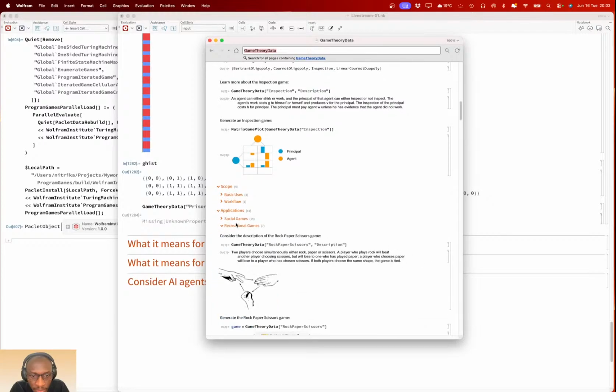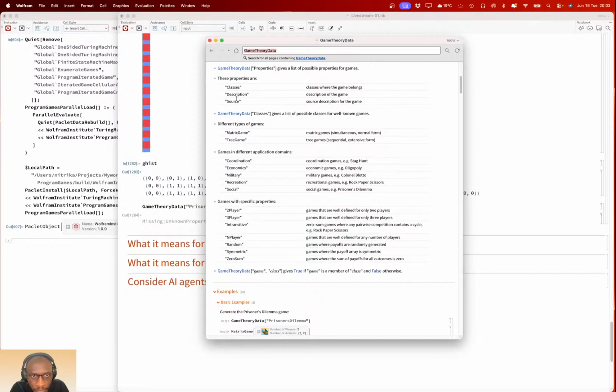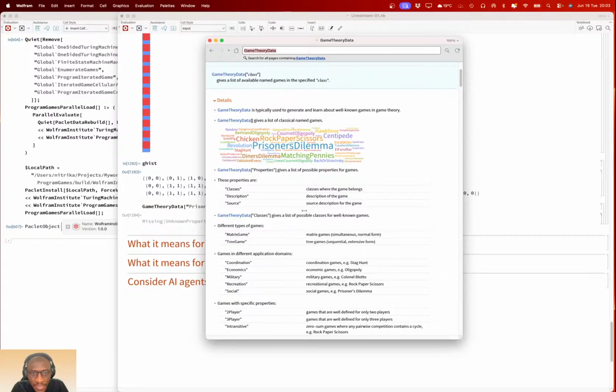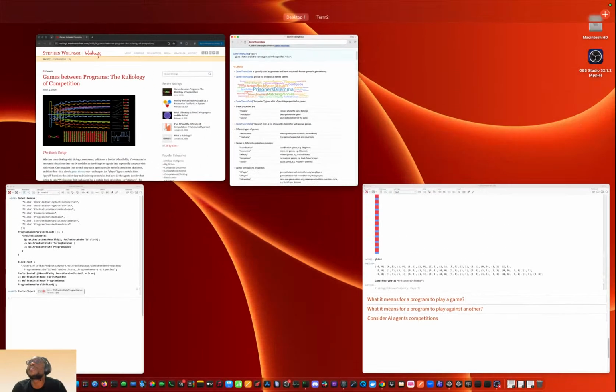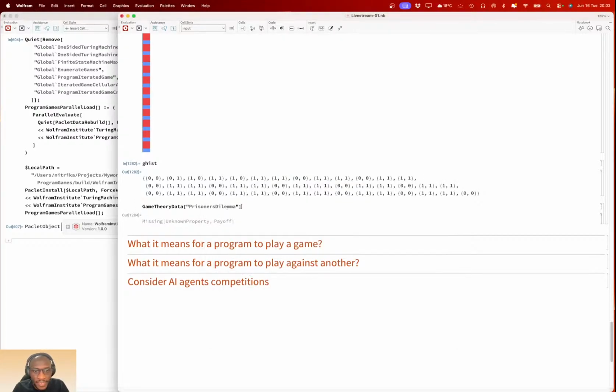Property, I don't know how to get the payoff. Applications, okay, I think it's here. Is it matrix? Game matrix? Damn, I forgot. Let me see. Payoff array. Okay, it's payoff array.